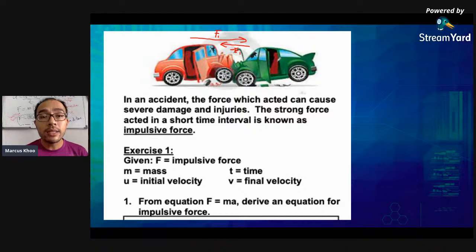That is not to say that this green color car is not putting its own force on the red color car. It is. It may, depending on the situation, but the green color car actually is putting his own force, especially if the car is moving. But Newton's third law states that whatever force this green color car is giving to the red color car is going to be returned back to the green color car. The reaction, which is the force of negative F2.